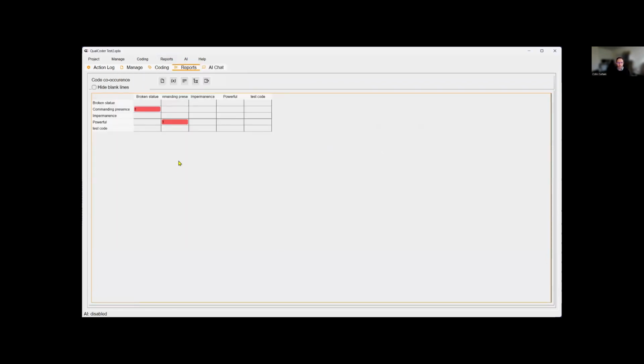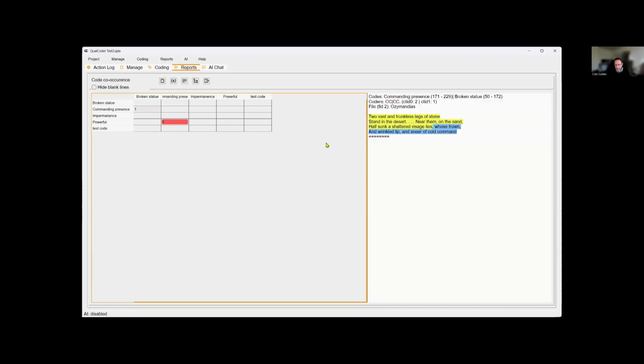So this is an easier way of looking at some of those code relations. So there's a crossover or a proximity if it's just aligned one code right next to the next code between broken statue and commanding presence. I'll click on that and it'll show in the right hand side here where the two codes join or overlap. So the green is the overlap. One color is one and one color is the other code. And similarly for the other between powerful and commanding presence,